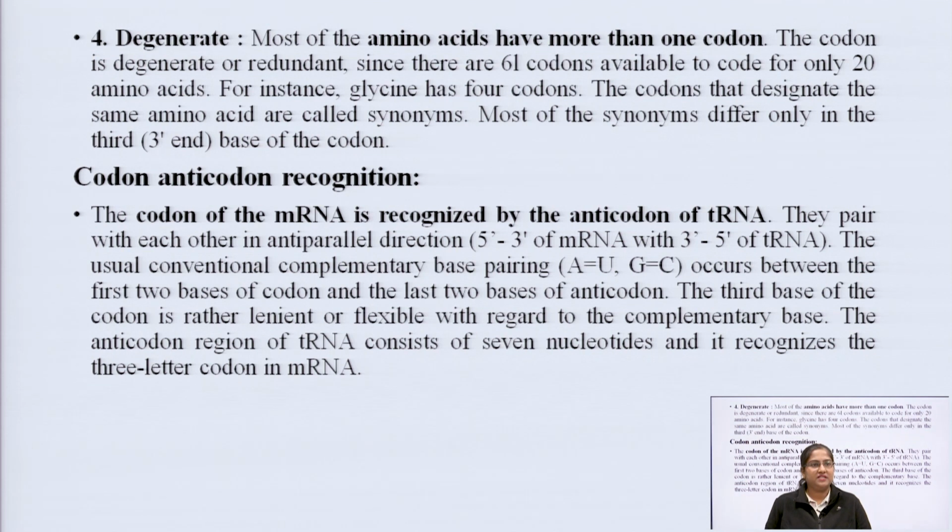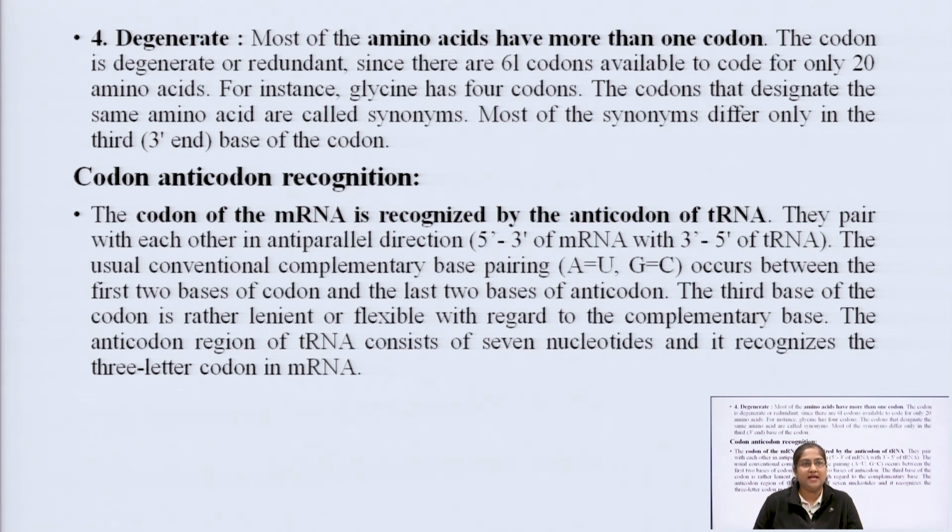They pair with each other in anti-parallel direction, 5' to 3' of mRNA with 3' to 5' of tRNA, because I told you that they are like the two strands of DNA. Whatever is happening here, RNA, proteins, always happens in complementary strands. That means, if one strand runs from 5' to 3', the other will definitely run from 3' to 5'. The usual conventional